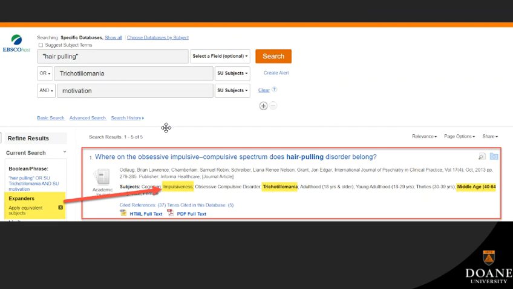You'll also notice that this one has an expander in its results, and instead of the word motivation, it puts in the word impulsiveness. So it does have a little bit of a smart search in it to find things that are related. So you'll notice that it used, at least this first one, uses the subject impulsiveness instead of motivation. So those are some of the ways that expert searchers can be more effective in searching databases,